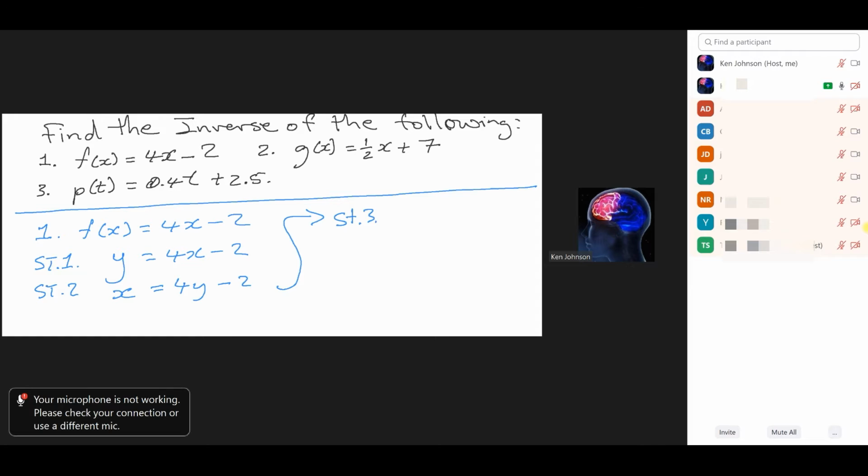So I'm just going to rewrite it first. So I have x is equal to 4y minus 2. I'm going to solve for y. So I'm going to add 2 to both sides. This will give me x plus 2 is equal to 4y. And then I'm going to divide both sides by 4. I could do this. I could divide both sides by 4 like that. Right? And then I'll have